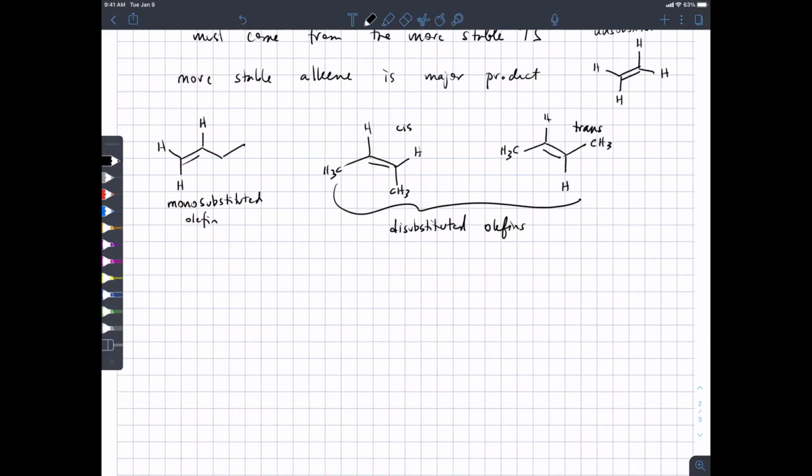Right, okay, good. In the trans conformation, the methyl groups are anti to each other, whereas here they are eclipsed with each other. So, based on the same reasoning that we've got from our carbon-carbon bond conformational issues, the eclipsed conformation should be less stable than the one where the methyl